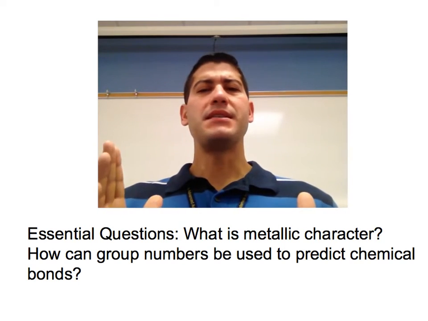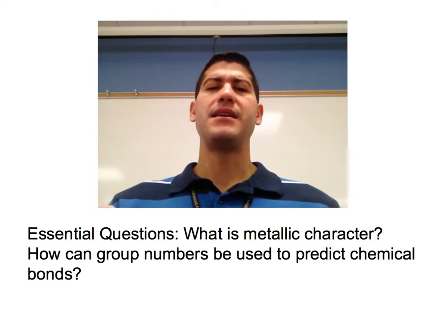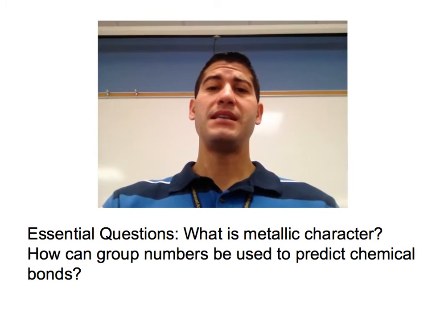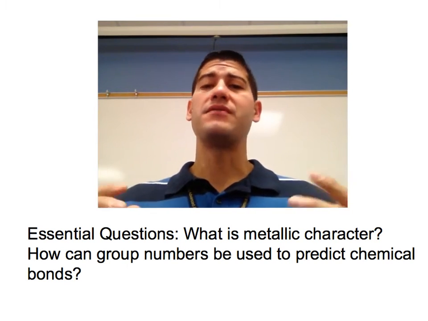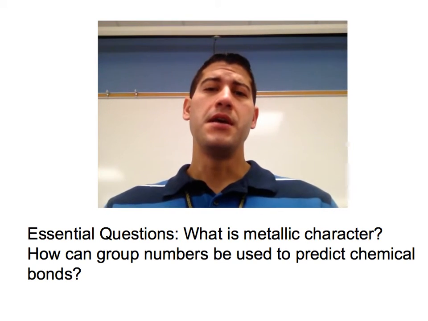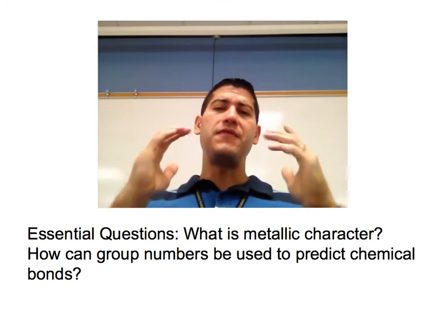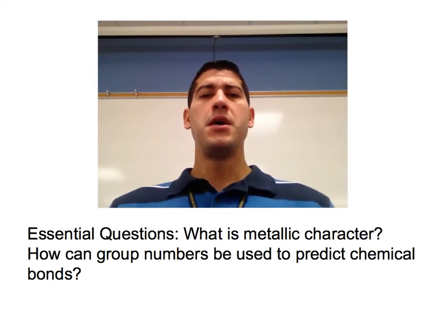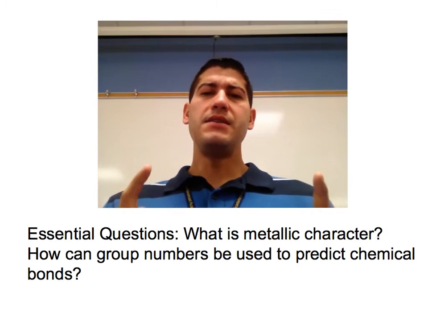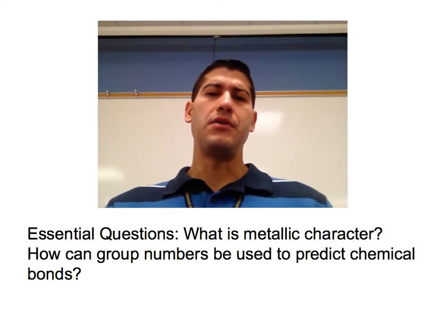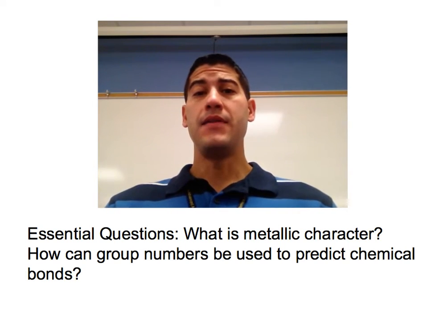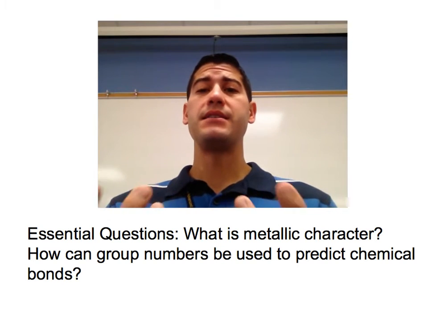The most common misconception about metallic character is that it somehow describes the physical properties of an element. When someone says, "That's metallic," you might think of something shiny and hard, or maybe even a wire that conducts electricity. But what you're thinking about are the physical properties of metals, properties that you can observe with your 5 senses. In this video, metallic character refers to a chemical property of metals, namely, their tendency to lose valence electrons